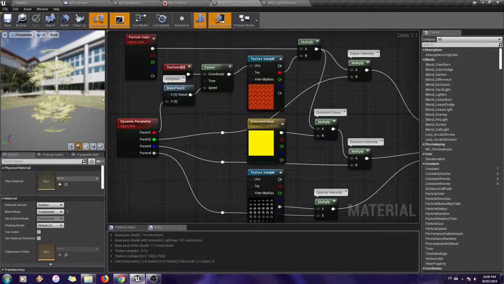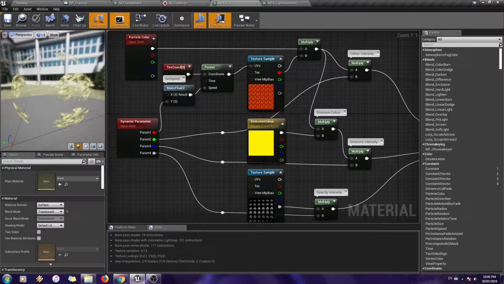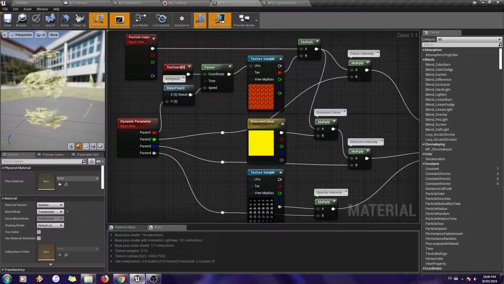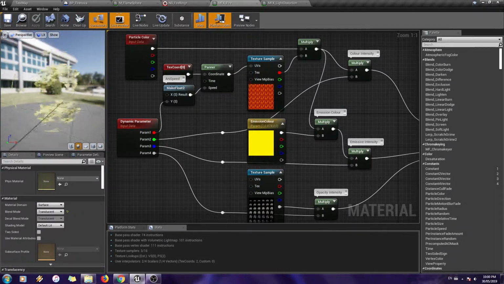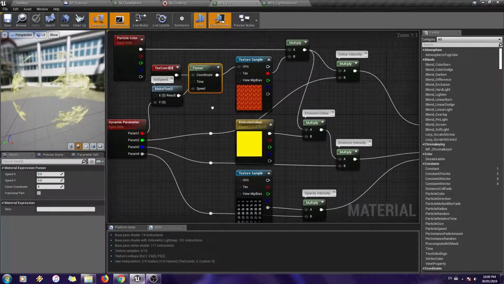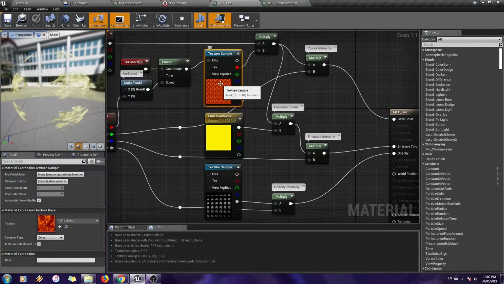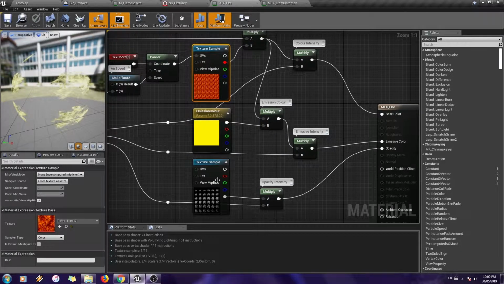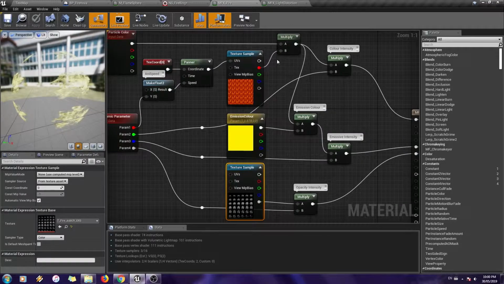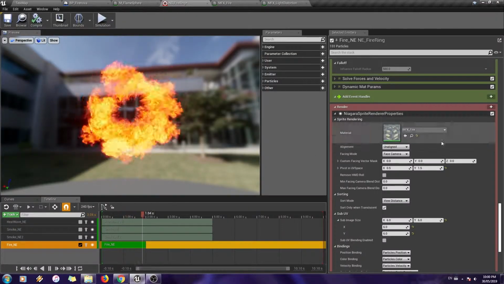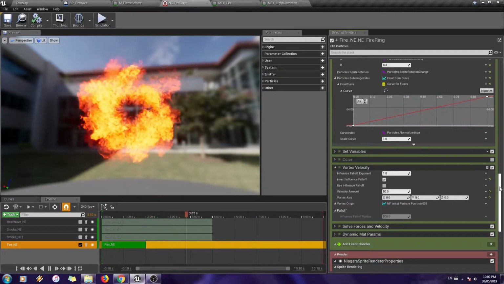But this does have a simple texture animation that I apply using the panner over here. That's run through the same textures that I used previously, except this one is being tiled accordingly 6x6 to fit the sub UV. And then another component of this fire particle,